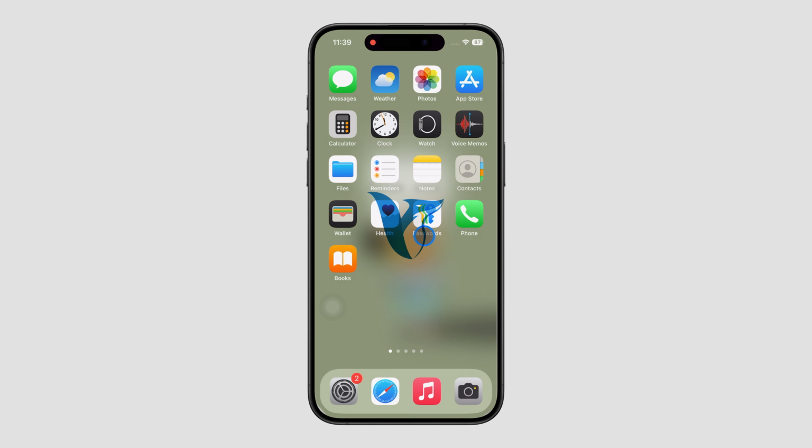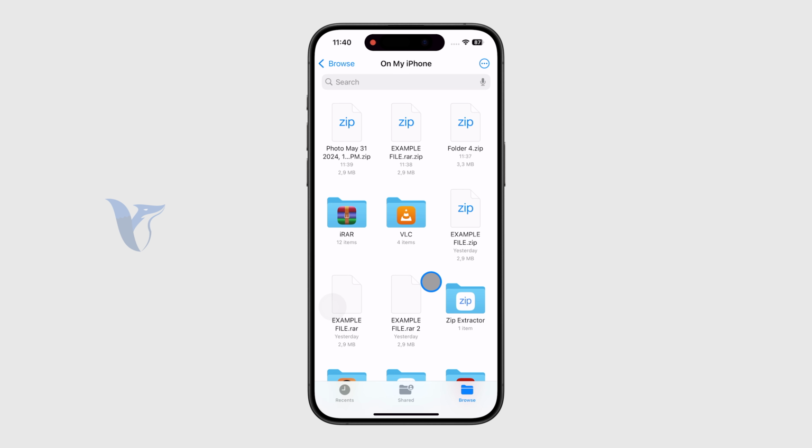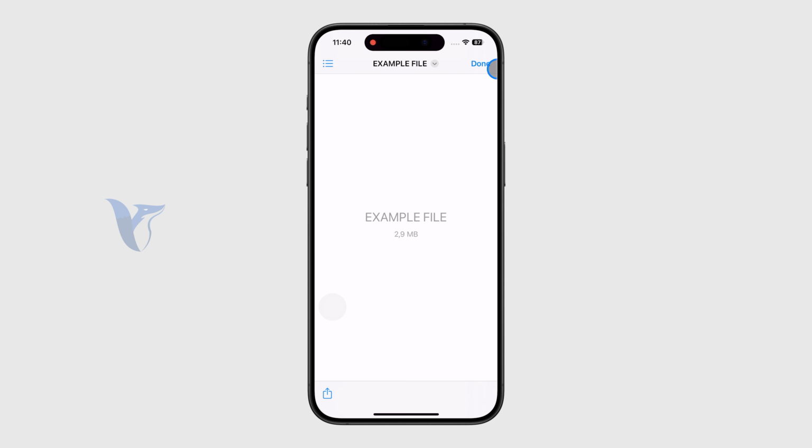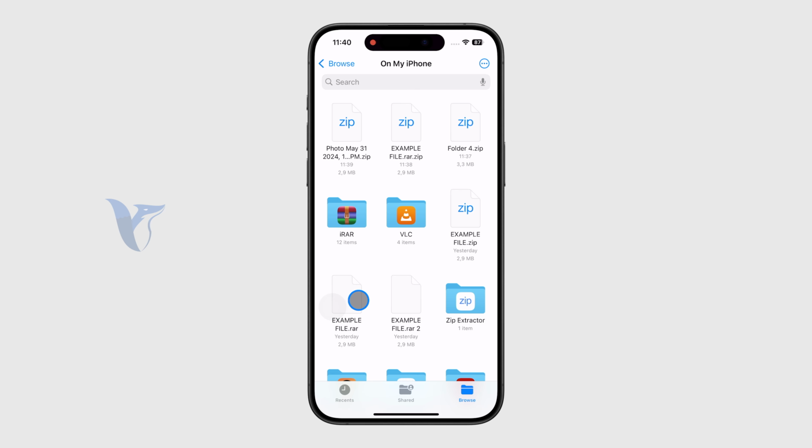So in this video, let's talk about how you can make a RAR file on your iPhone. Let's get started. The RAR file type is technically a compression format. So if you want to, you can technically compress something on your iPhone and end up with this kind of file. But you should know that on the iPhone, as you can see, I have this RAR